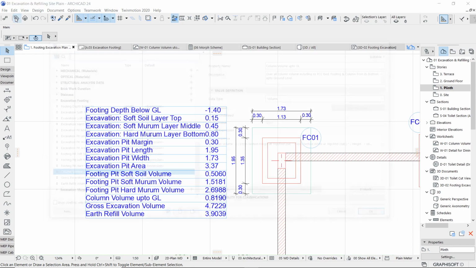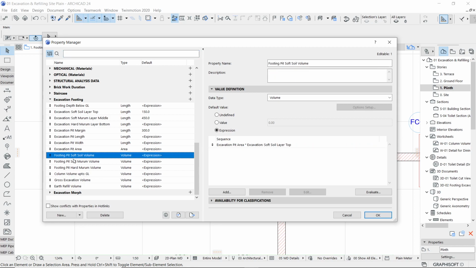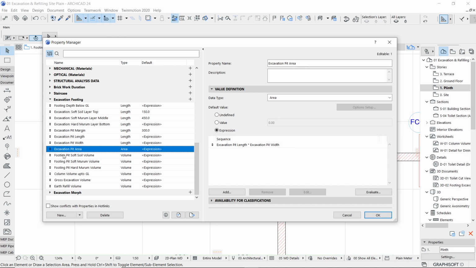See what I'm supposed to do. I'll just go inside my property manager. Obviously, your property is already designed. Okay, let's talk about this excavation pit area. Fine. For this, there's one expression, and that expression is nothing but excavation pit length into excavation pit width. So if I want to elaborate this in my portfolio, what you can do is